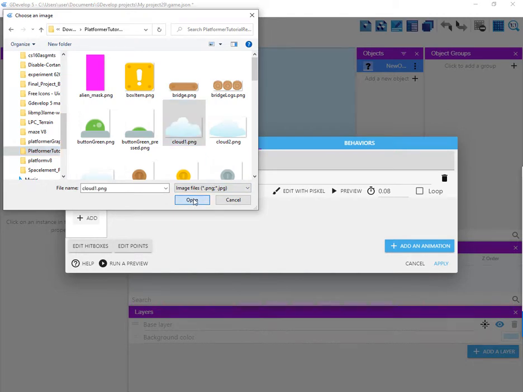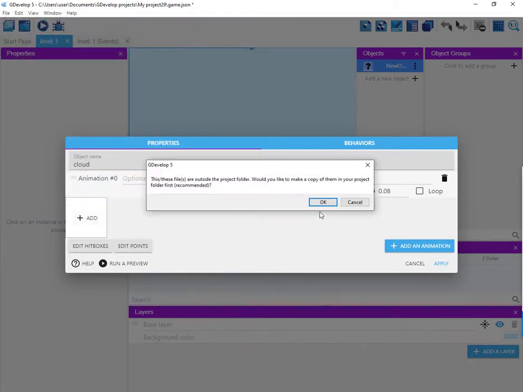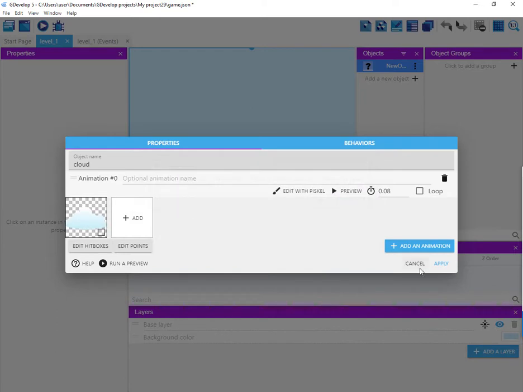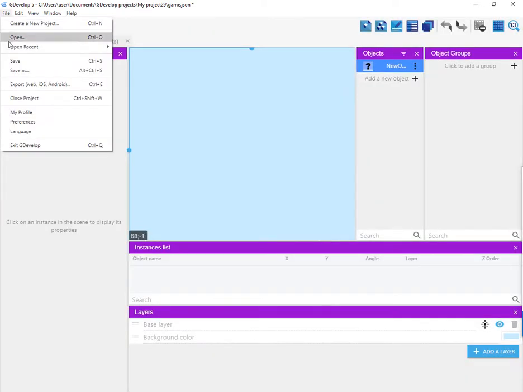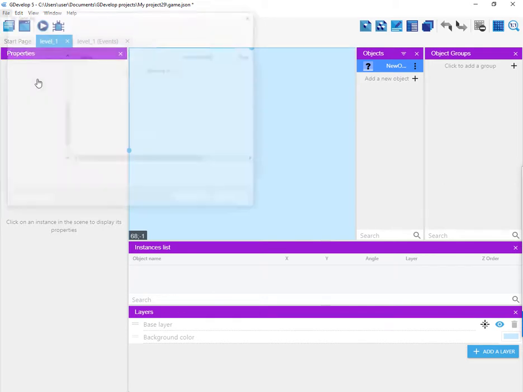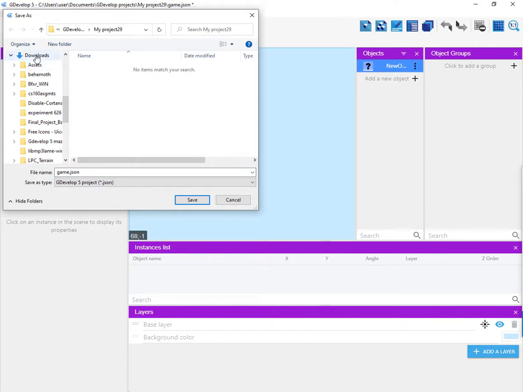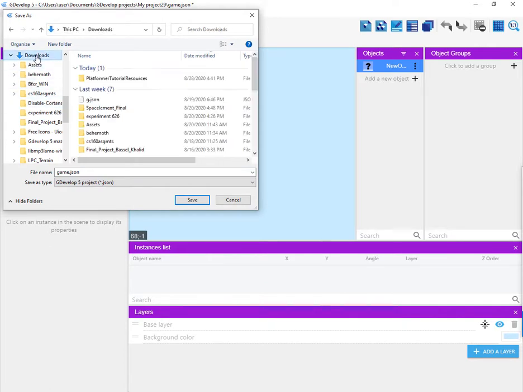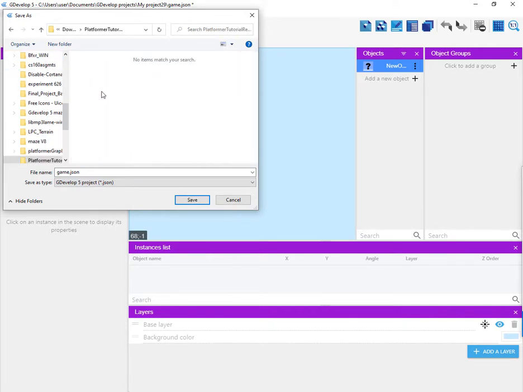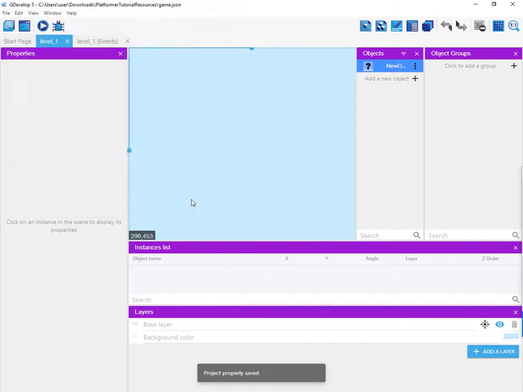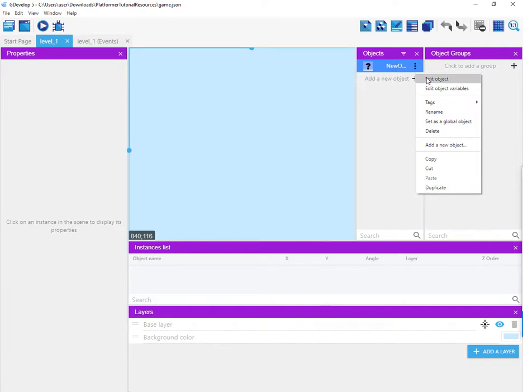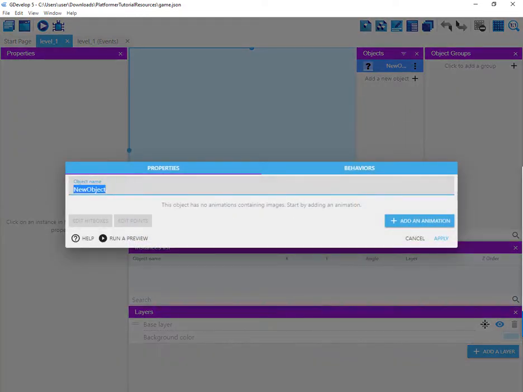And then we have some options here. Before we do this, I want to save this as, this is really important. I meant to do this immediately. Save this as, go to the downloads directory, platformer tutorial resources. Okay, so now that it's saved there, I'm going to edit this object, call it cloud,